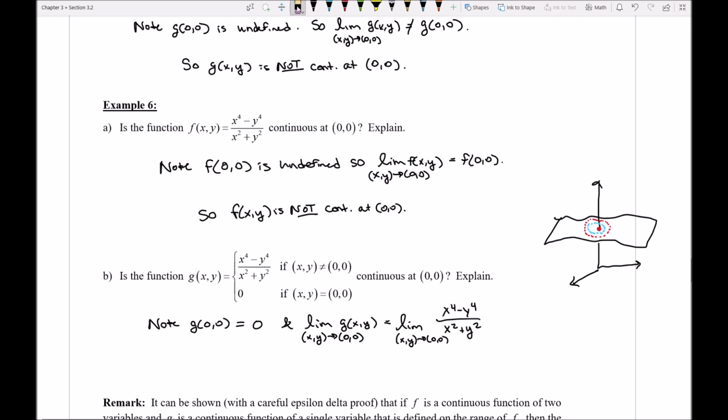But this is a limit we already computed a few examples back, and we saw that this limit was equal to 0. We could do that by simply factoring the top and simplifying and canceling some stuff out. So notice in this case, we now have that the limit and the function value are equal. So I can say that since the limit of g(x,y) as (x,y) approaches (0,0) is equal to g(0,0),